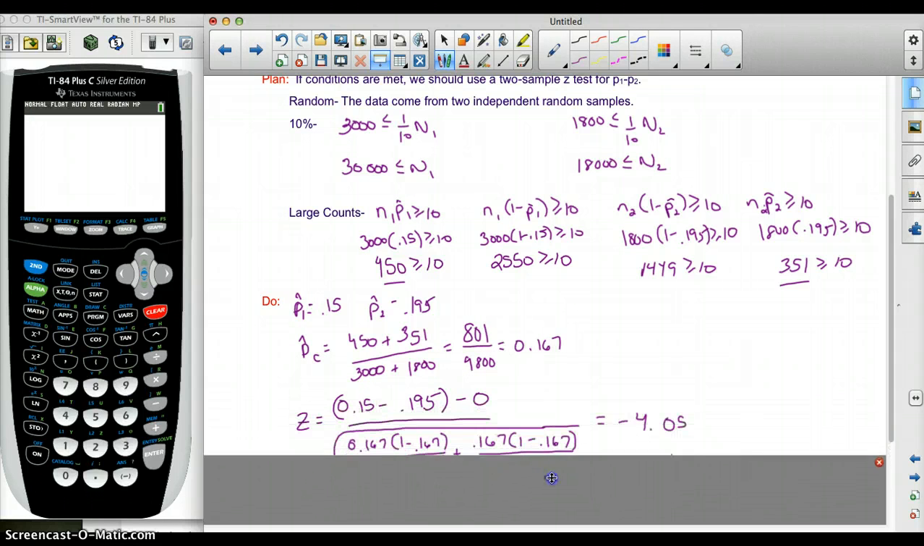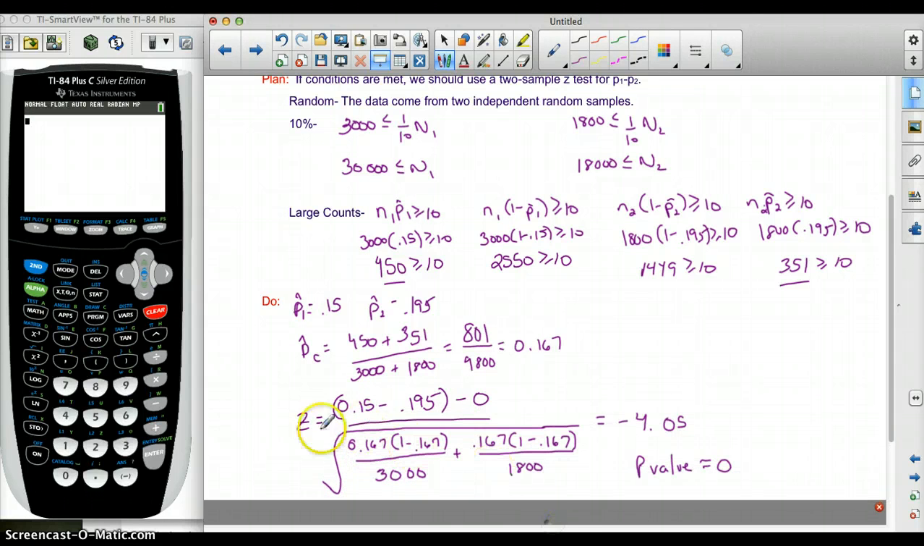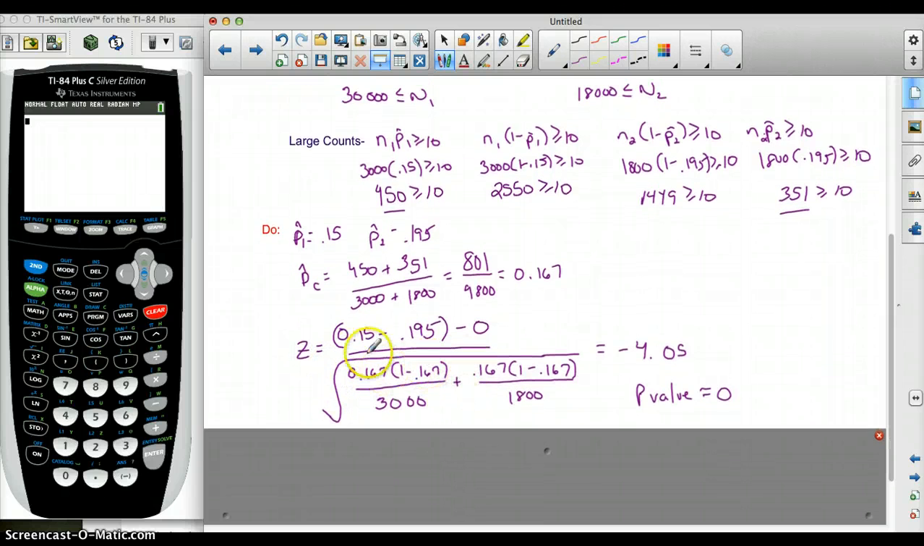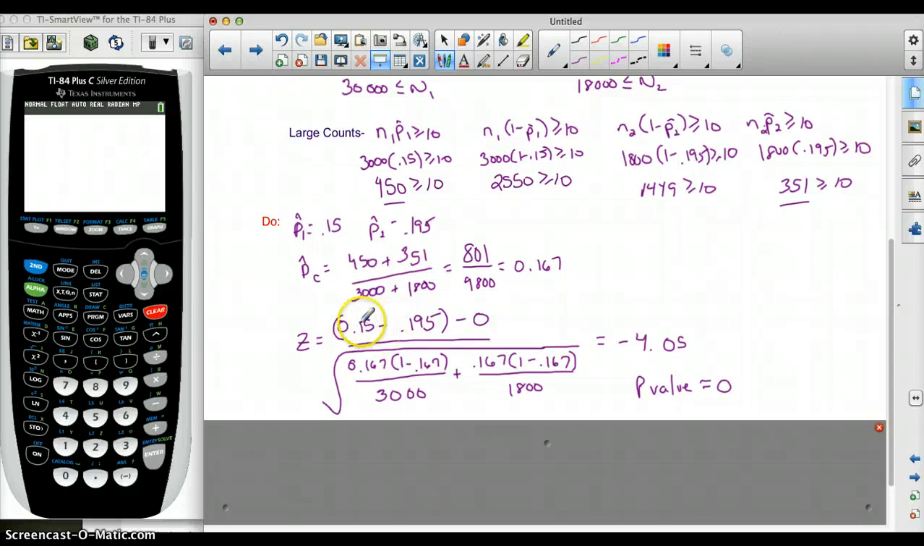Okay, we now have to fill in for our z statistic formula. We want to find out what the z value will be so we can get a p-value. So we fill in, remember, p1 hat minus p2 hat, which is 0.15 minus 0.195, over our standard deviation of the statistics, so 0.167, which is our pooled proportion, times its failures, divided by 3,000 for its sample size, plus the other sample. And we end up getting a z of negative